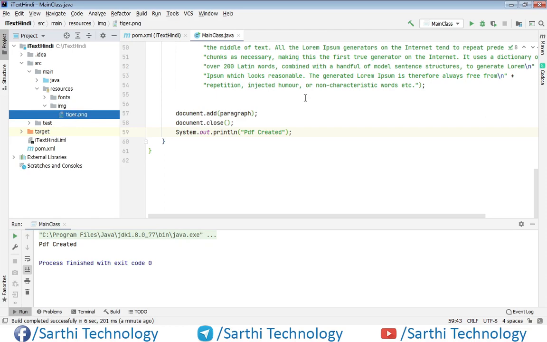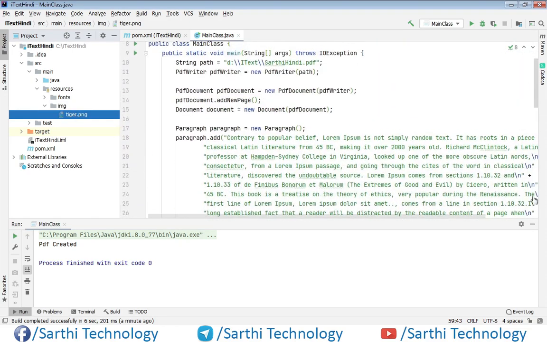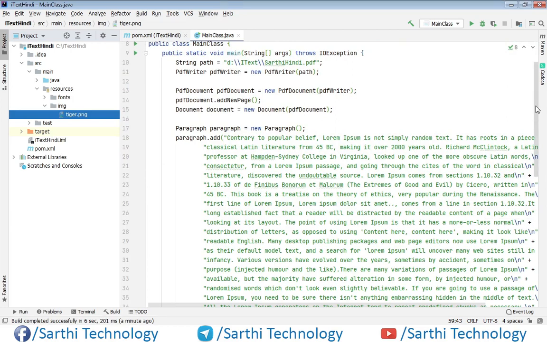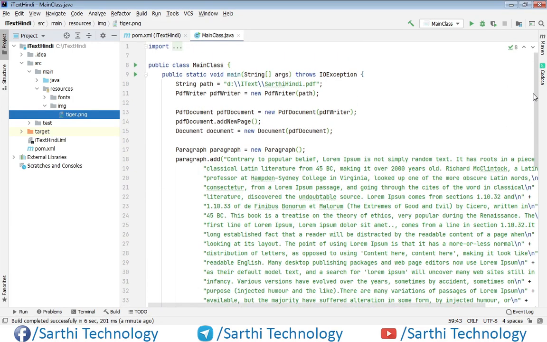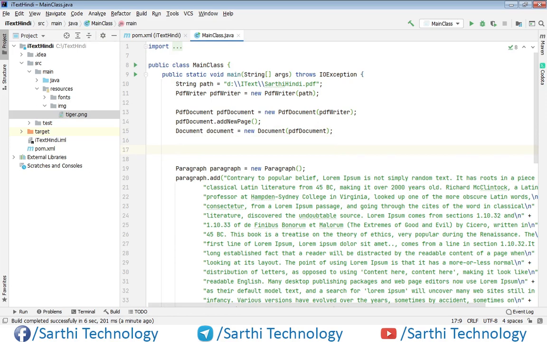The next thing is we need to create one image data object, but before that, first let's create one string path.